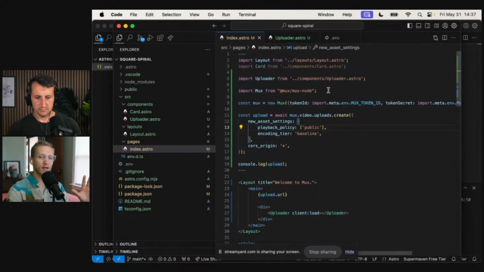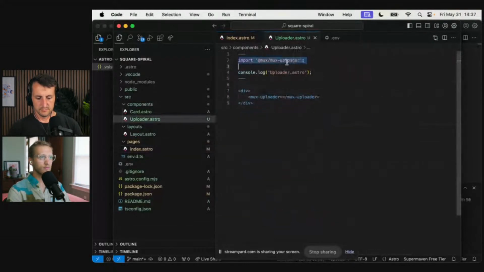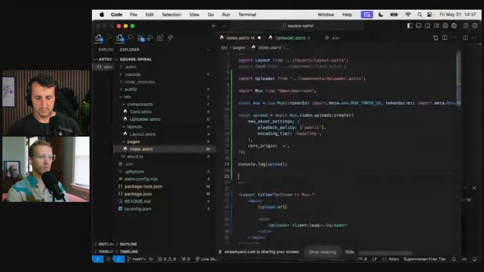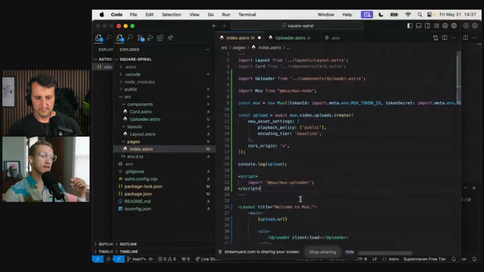Actually, CDN's not a bad idea, but let's figure this out. I think you can use a script and then in the script tag import Mux Uploader. Okay, so I'm going to do this. Trying to code with words. Yeah, except the script tag would be down in your HTML, not in the code fence.